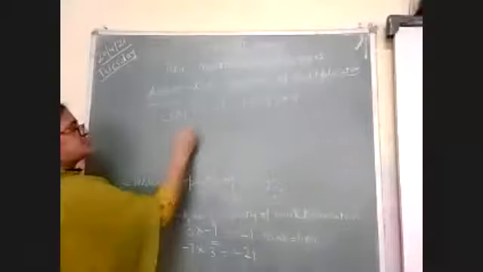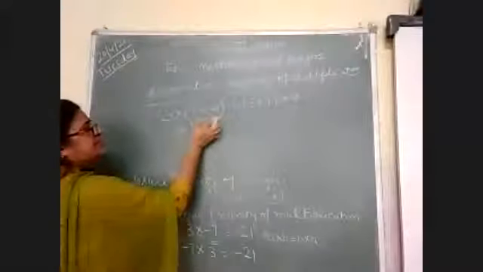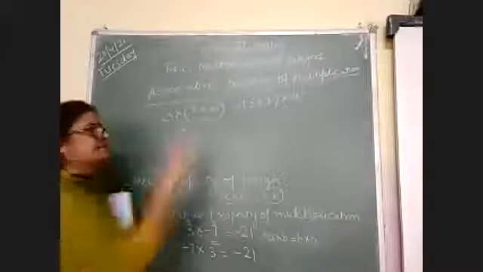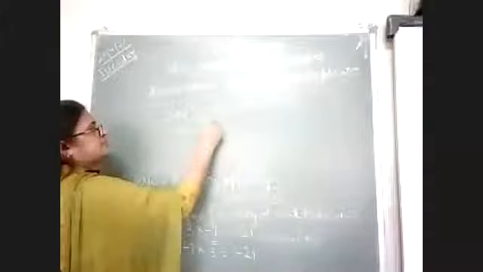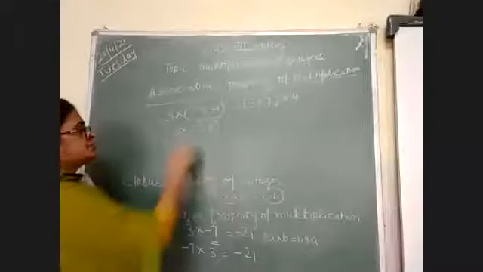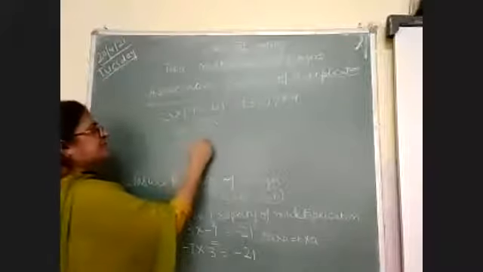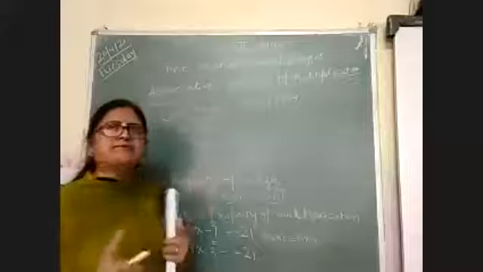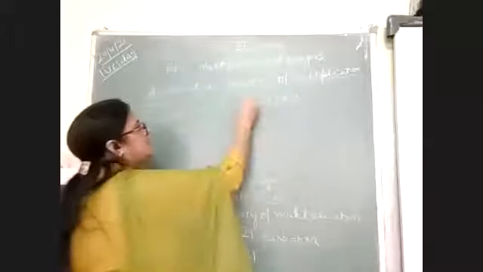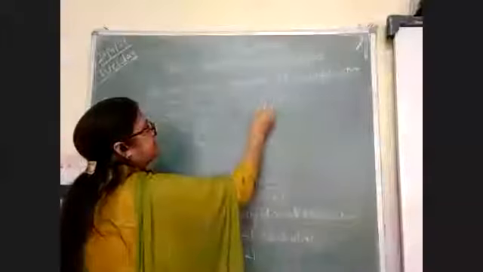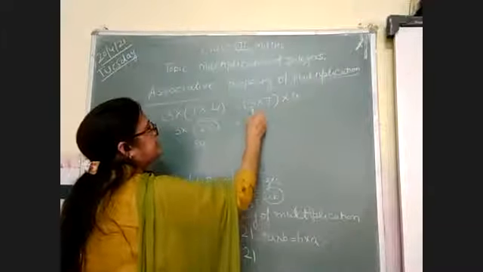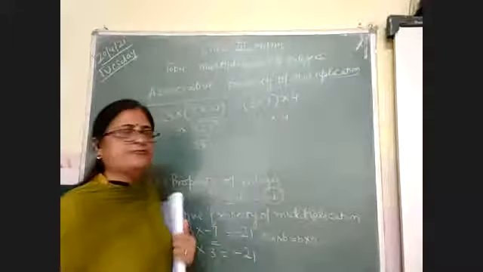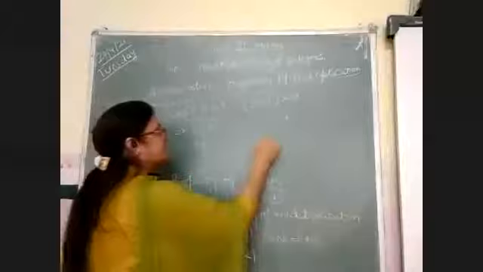So first we multiply the integers which are given in the bracket. 7 multiply 4, that is equal to 28. 28 multiplied by 3, it is equal to 84. So it is equal to 3 multiplied by 7. First we will see the bracket. So we multiply the bracket. When we multiply in the bracket, 3 multiplied by 7, it is equal to 21. And 21 multiplied by 4, it is also equal to 84.